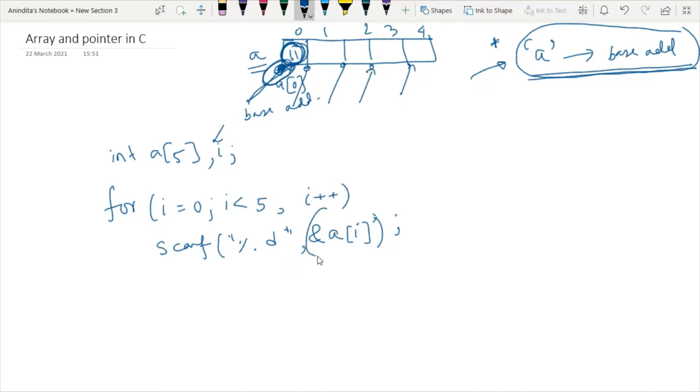So now ampersand means at some specific location or at some specific address I am taking the value. But here I will change this concept a bit.